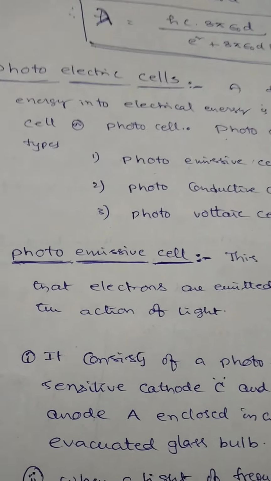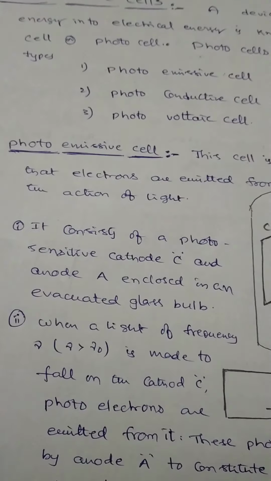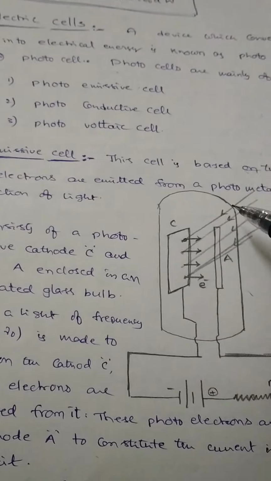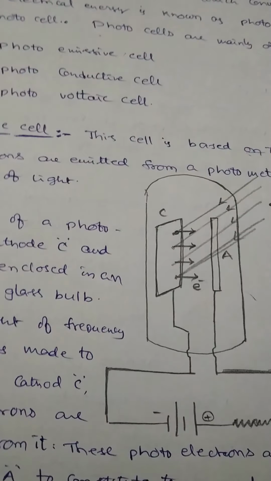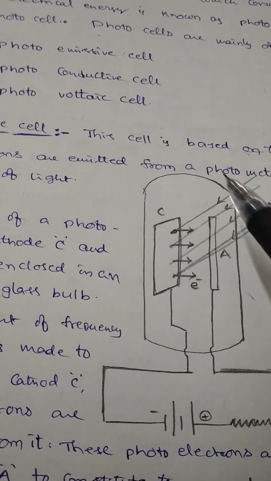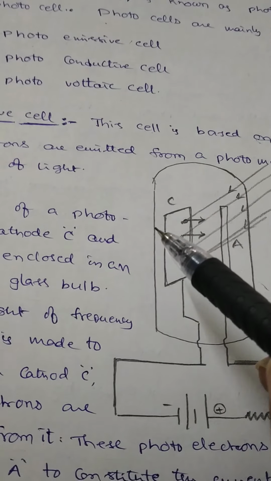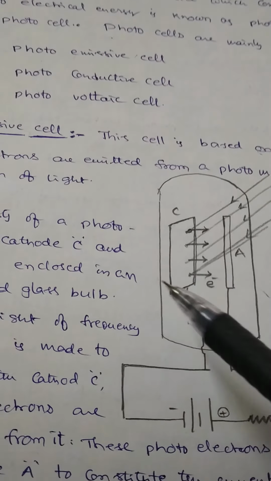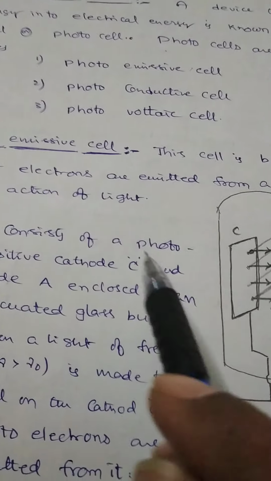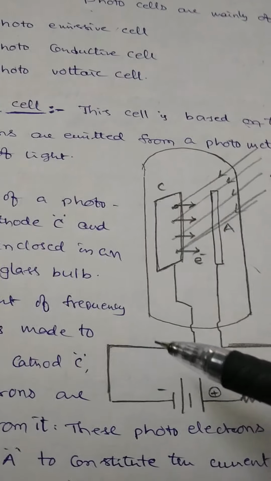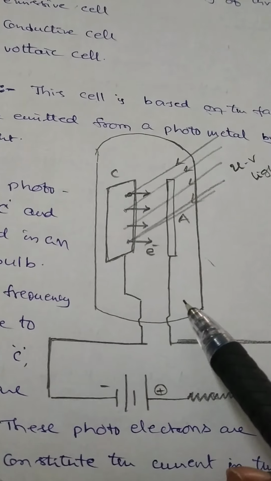So first one, what is the construction and working of a photoemissive cell? So my dear students, it is only for our knowledge. This total concept is not needed from our IPE point of view and also objective point of view. Only some theory bits come from the photoelectric cell concept, right? Please understand. So this is the construction of the photoemissive cell.